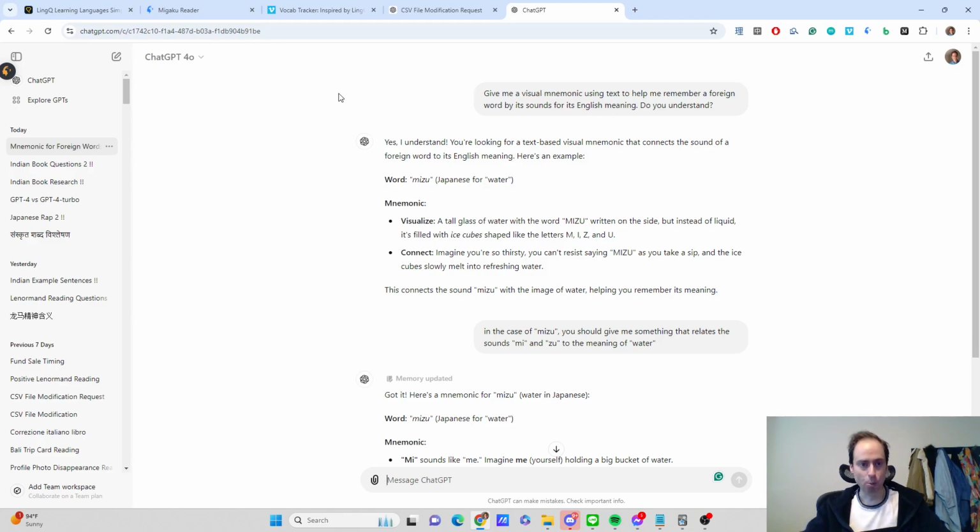So first thing you want to know is you want to use ChatGPT 4.0 or 4. Don't use ChatGPT 3.5. And basically you want to write something like, give me a visual mnemonic using text to help me remember a foreign word by its sounds for its English meaning. Do you understand? Now, I'm going to put this in the description, but a lot of the time, it won't give you a